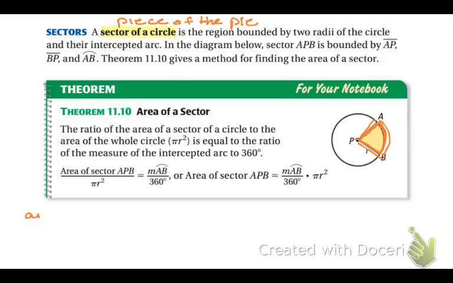So in words, what we do to find the area of a sector is the area of this sector divided by the area of a circle, so that's the area of the piece of the circle divided by the area of the whole circle, is the same as the measure of the arc of the piece